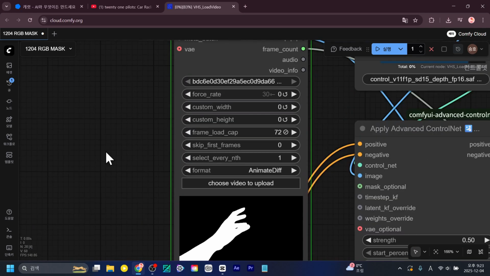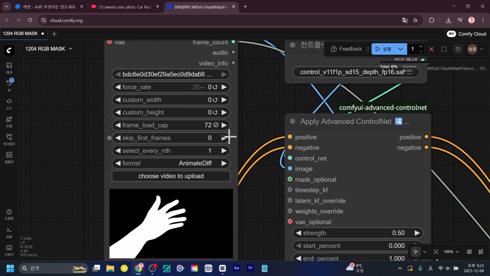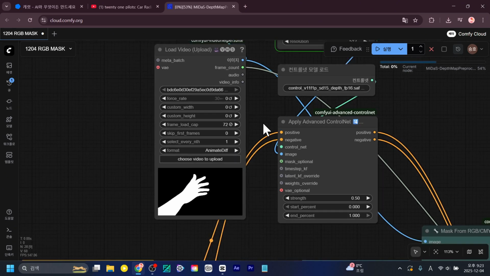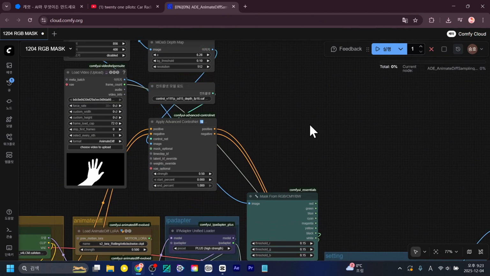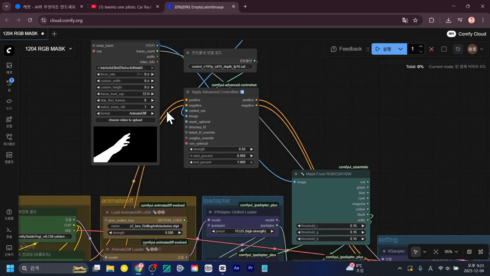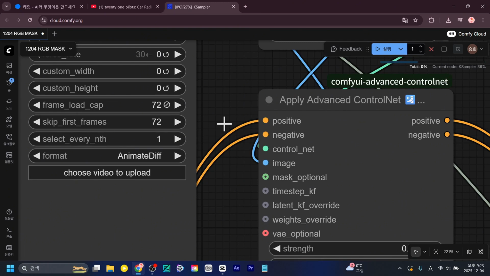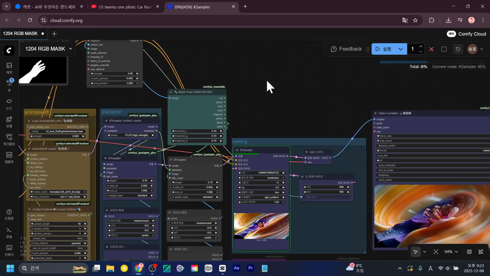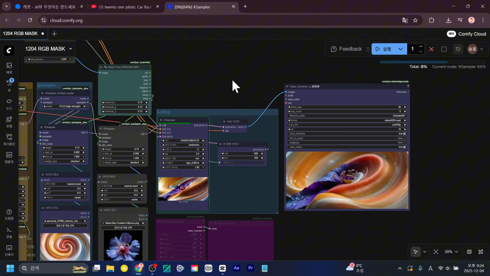And as I mentioned earlier, there's a skip first frame option, so you can just process as many frames as you want, step by step. So for the parts you've already done, if you enter 72 here, you can just continue working from there. Since it seems like you can also process 72 frames in a row, try increasing the number little by little as you go. Don't try to increase it all at once. For the work you've done, like now, we've finished processing 72 frames. So from there, you just keep working forward. That way you'll be processing beyond 72 frames. You can try it this way, keeping these things in mind.